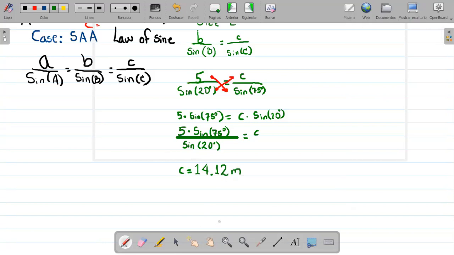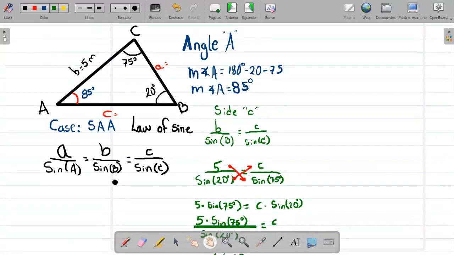Of course, we're working in meters, so the answer is 14.12 meters. So here it is, the side C is 14.12 meters. Does it make sense that we have an answer like this? What do you think? Or do you want to see that when we get the value of A? Yes or no? Okay, better when we conclude the value of A,